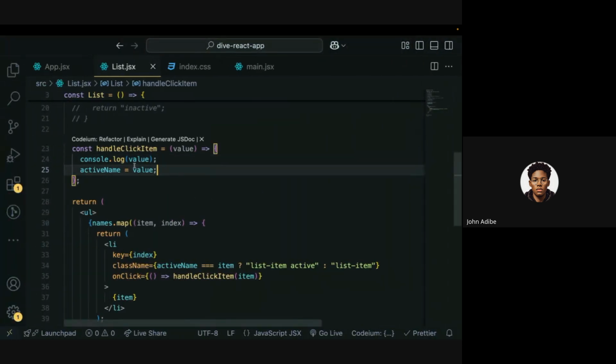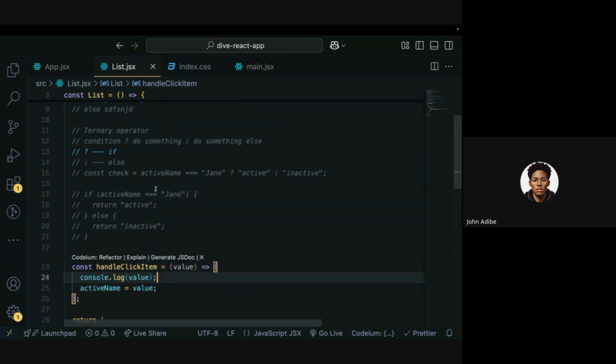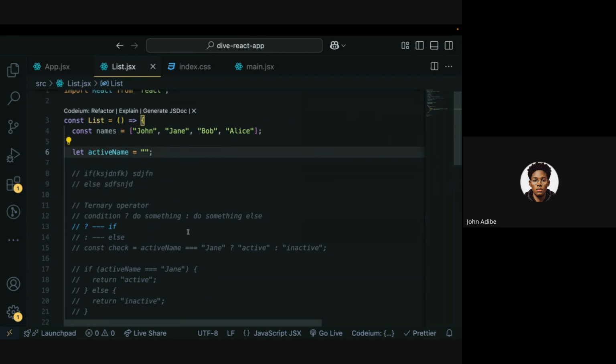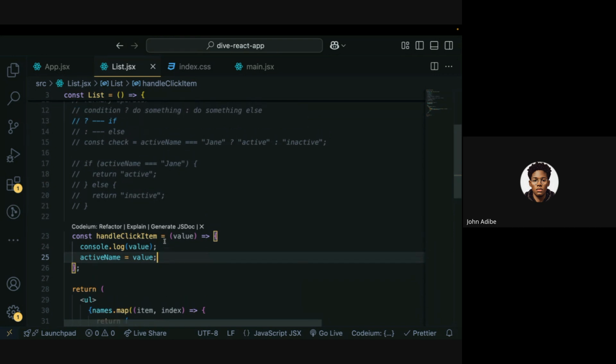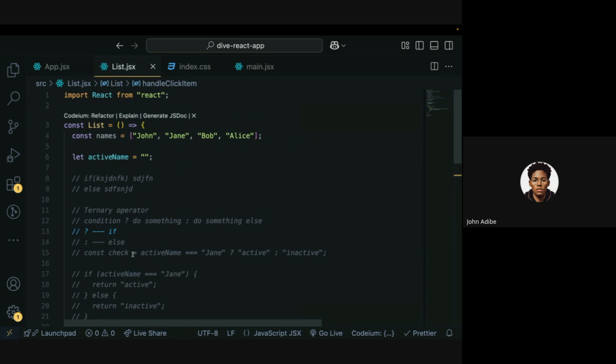All right, so if you do this in bare JavaScript, it's going to work, right? But in React Native, there's how we manage states in React. Now I wanted to use this example to tell us this is how we do it in bare JavaScript. There are some scenarios where this might come in handy if you are using a library like React. But the basic way of managing a state in React Native is a hook we call useState. Now this hook, you import it from React. So you can say